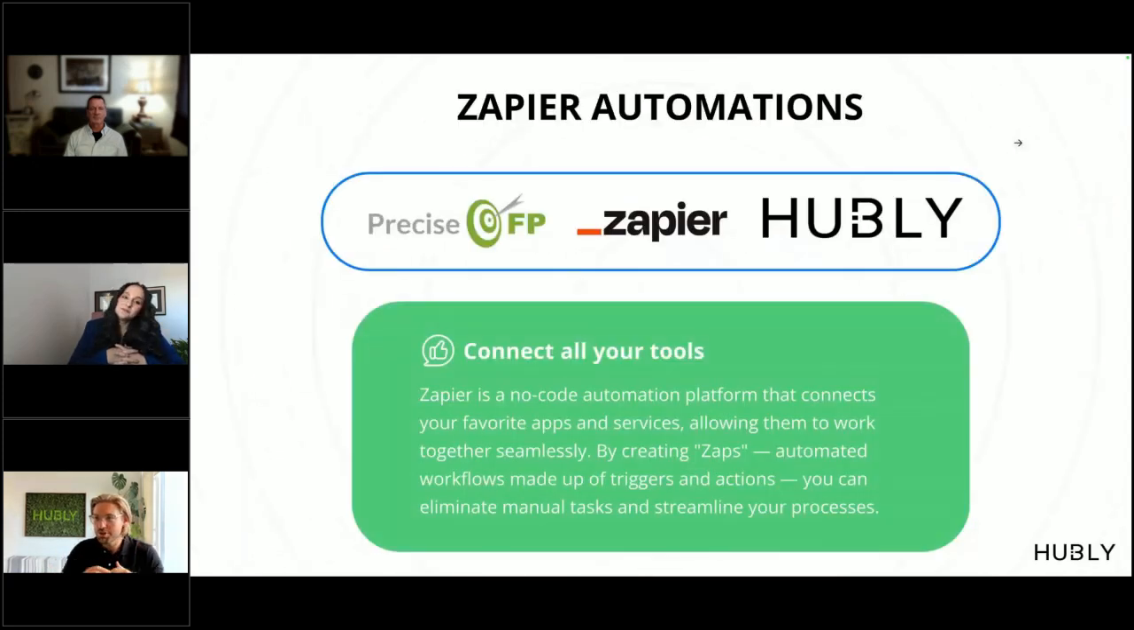Now, for those who are new on the call and are not familiar with Zapier, Zapier is a no-code platform that allows you to connect multiple software tools that you use in your business. Sometimes software tools don't have direct integrations. Hubly and PFP do not today have a direct integration, but you can connect the products through what are called zaps. They're automated triggers and actions that help you accomplish